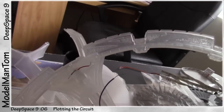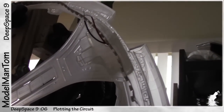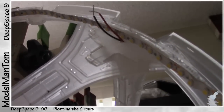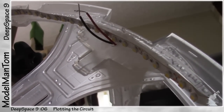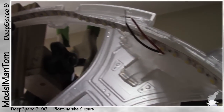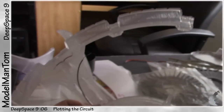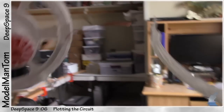So there's going to be a bit of work involved, and the more I look at it now, I've been actually stuck for a couple days on how I was going to do this, and now that I am looking at it, it looks like the extra lead of wire coming off of the LED tape at positive and negative, connecting to that, then connecting to this and that, is the way to go. And all that will be done simultaneous to trying to hold all of this into place,